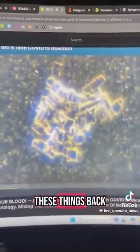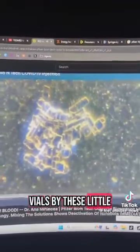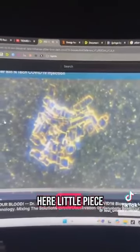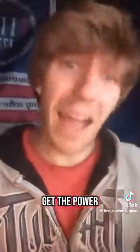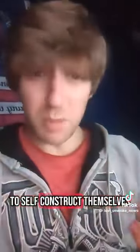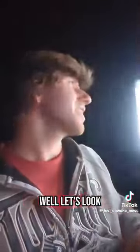Notice that all these things back here are just blinking in and out in these Pfizer vials by these little tiny robots, and you can see here a little piece. But how could these things get the energy, get the power to be able to self-construct themselves? Well, let's look into energy